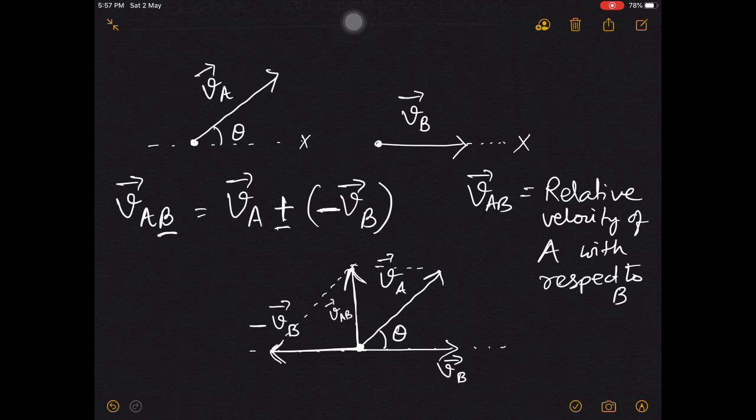You can give a certain angle here, say alpha, and then the rest is your normal vector algebra, how to find this alpha and then how to find the magnitude of VAB. Stay tuned, in the next video I will elaborate it in detail when we will be doing numericals.